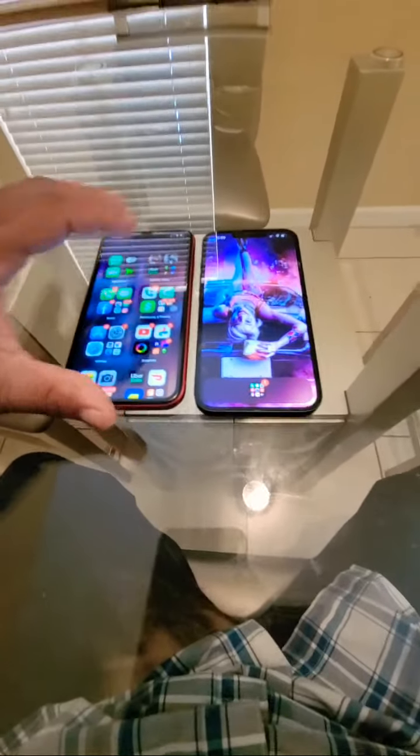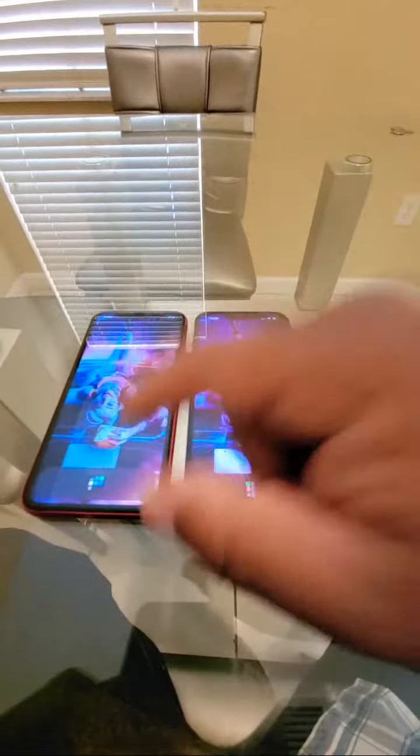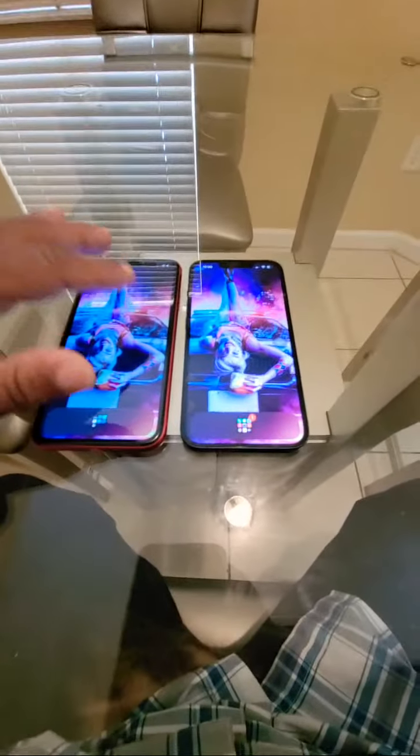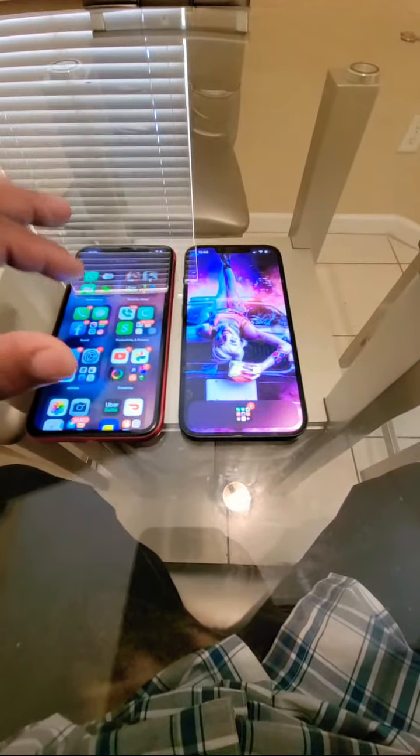Let's talk about HDR video quality now. Let's talk about HDR, because I can't really get down to details. This does not do HDR video. This does HDR Dolby Vision. But there is software that will allow you to do HDR video with the iPhone 11. So it's called